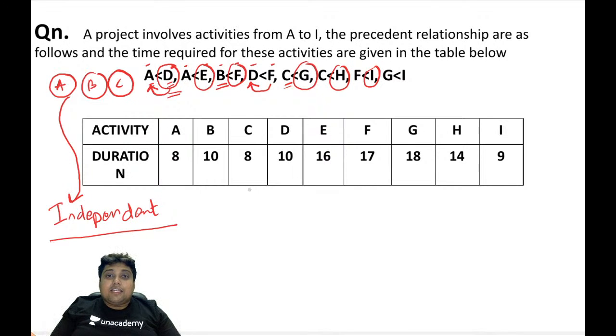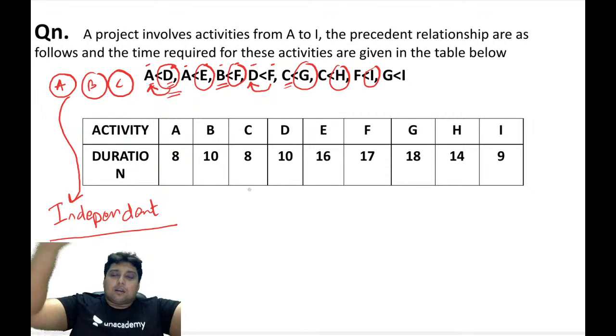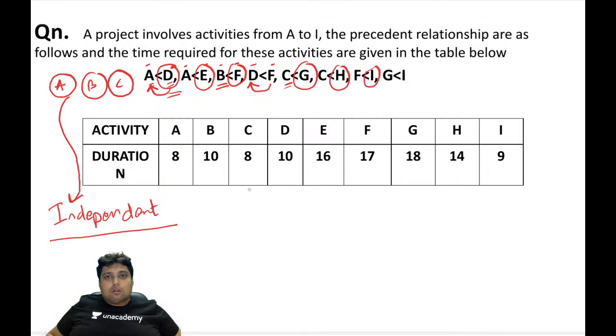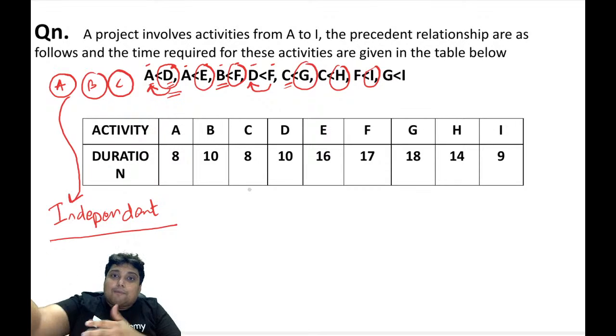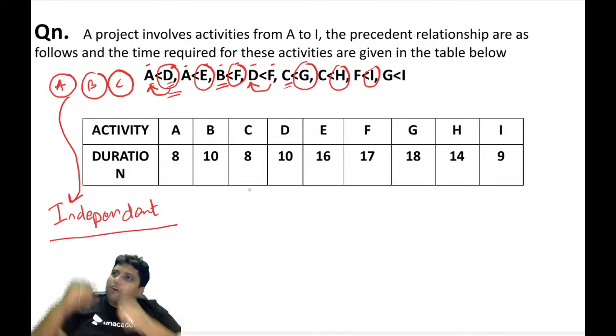These activities are completely independent. If I just have a thought in my mind that I want to construct a house, I can make sure that these activities get done. It's not like if I am calling the broker, then only I can call the bank. I can call the bank anytime. I can call the broker anytime. I can move to the architect and get the designs and drawings ready anytime.